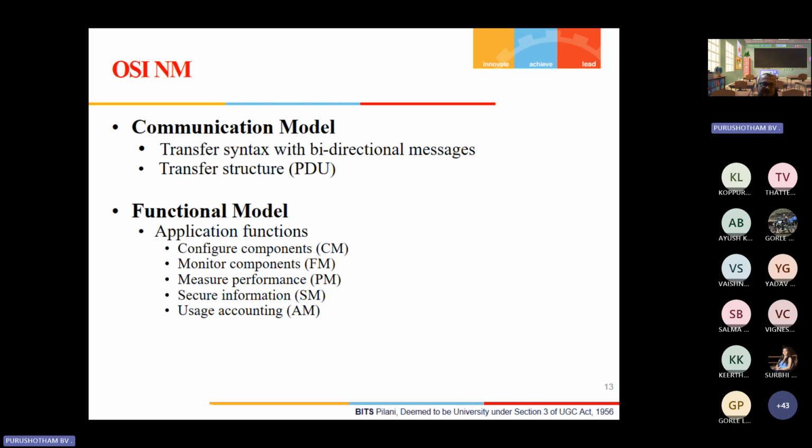Lastly, FCAPS is the functional model, which covers configuration management, monitoring components, measuring performance, securing information, and accounting for usage. These are the different functional models we saw.